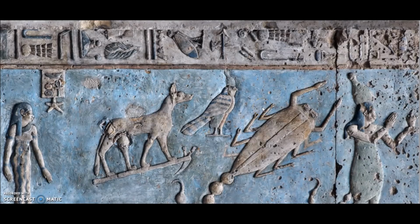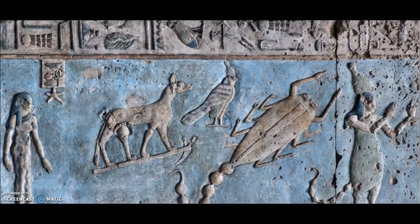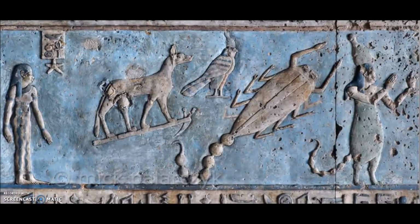Now, here is another representation on the ceiling. And here is Anubis. And this is kind of how he is depicted on the Dendera zodiac, but he is upon what they say is a hoe. Here is Scorpio. Here is the falcon-headed god. And by the Egyptians' description, he is the god of Mars. And they talk about him traveling backwards. So that probably is an obvious reference to the retrograde of Mars, even though that wasn't uncommon, but the Egyptians